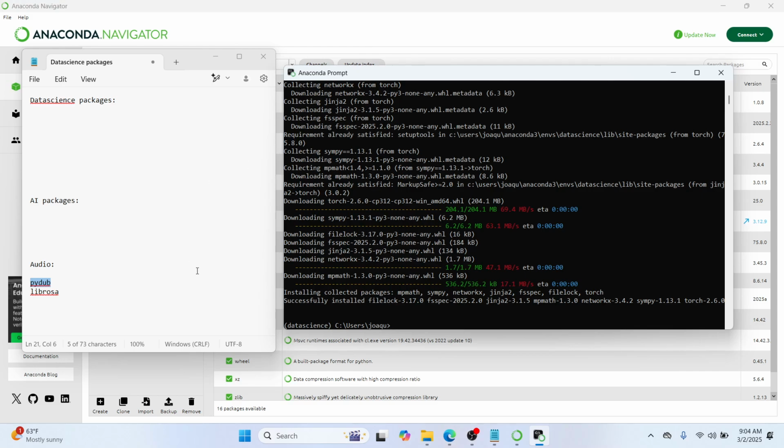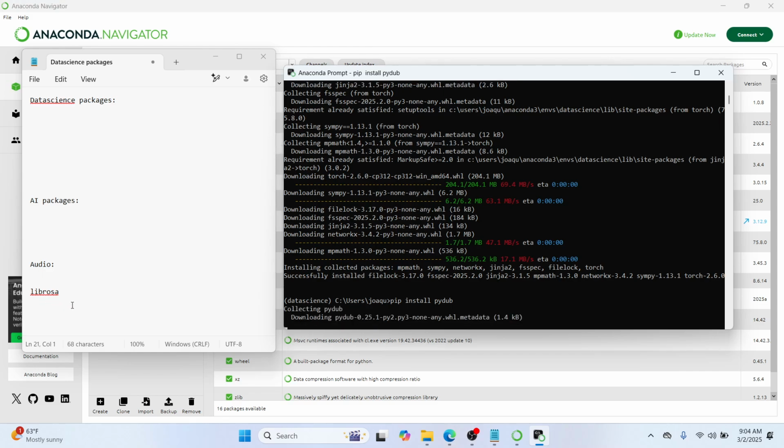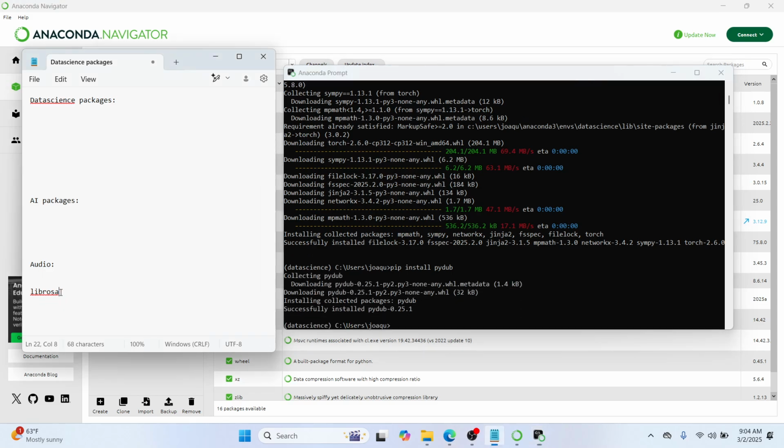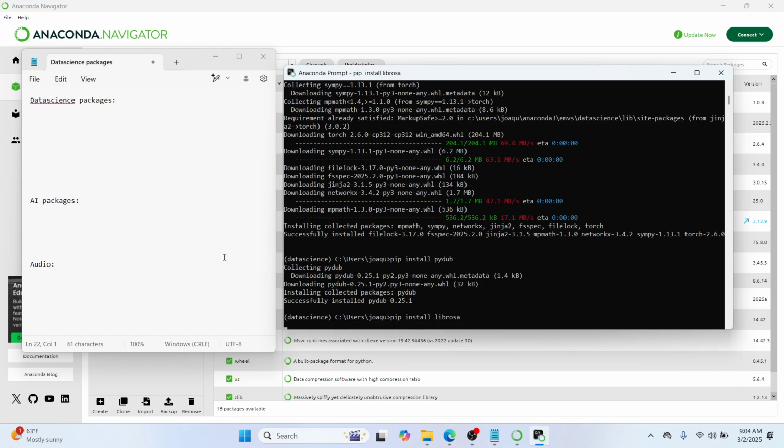Okay, great. So the next one we're going to want to download is called PyDub. This is great for audio analysis. So next thing you want to do is pip install PyDub. And now that that is successful, we are going to install librosa as well. Also another one for audio visualization. So if you do pip install librosa,